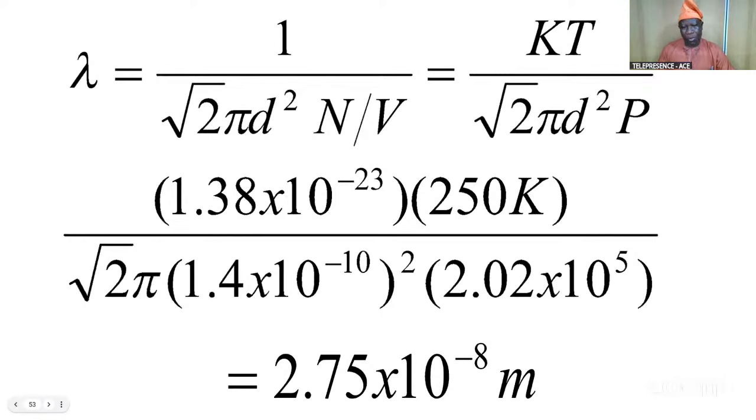By the time you make your calculation, mind you, you have to be familiar with your own calculator. You don't borrow a calculator only during the exam, because if you are not familiar with your own calculator, it gives you problems during any test or exam. So have your own calculator with you. Like I announced on Wednesday or Monday, if you find it difficult to get your own calculator, let us know. We'll link you up with your local government chairman who can make such a provision.